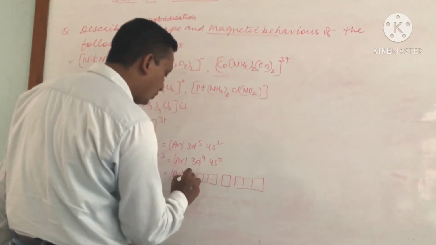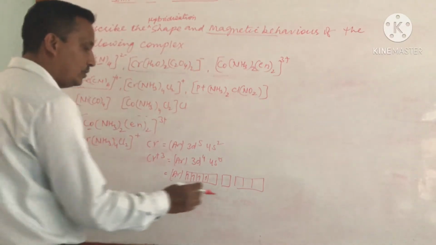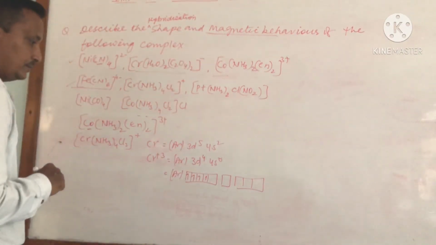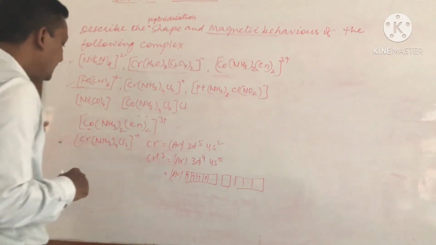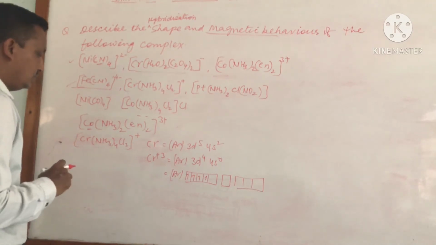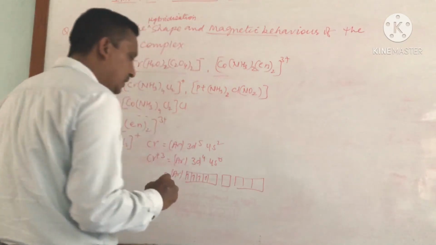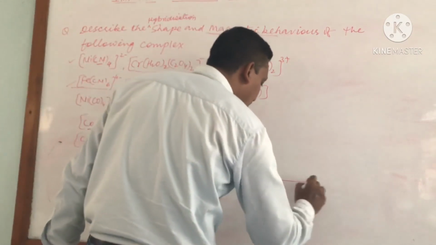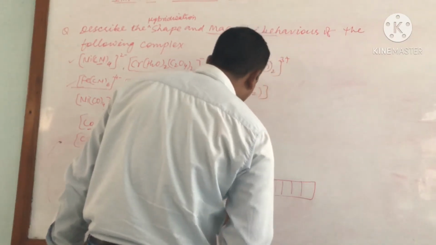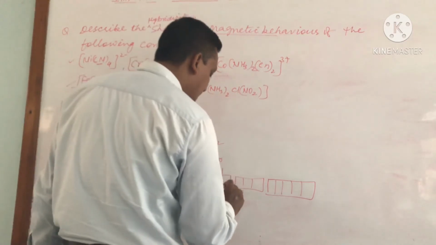The 4 electrons would be filled like this: the s orbital would be vacant and the p orbital would be vacant. In this case, the s orbital, p orbital and outer d subshell 1 2 3 4 5 will take part in hybridization, and the hybridization would be